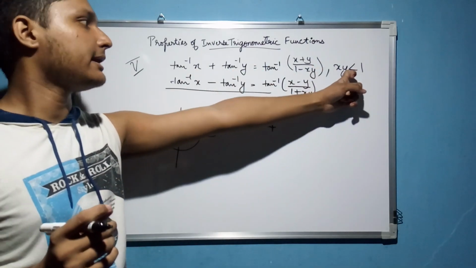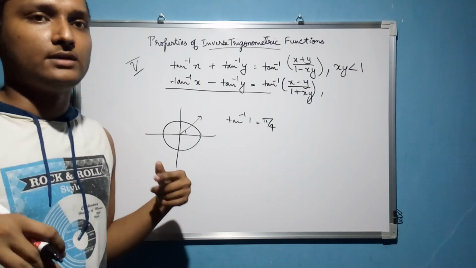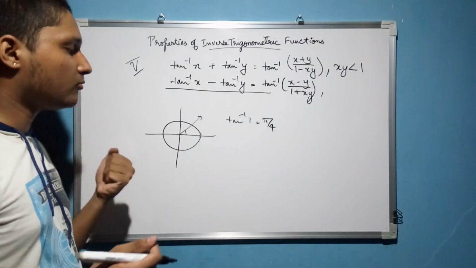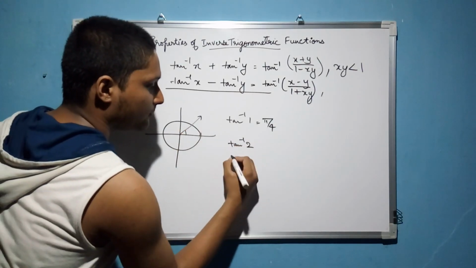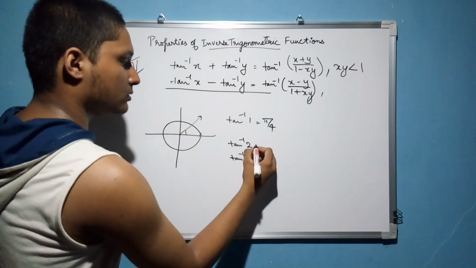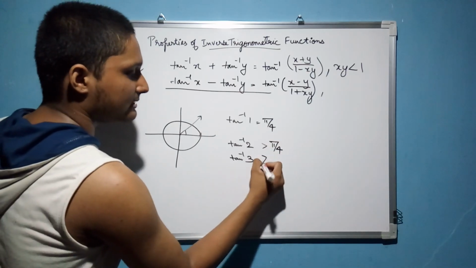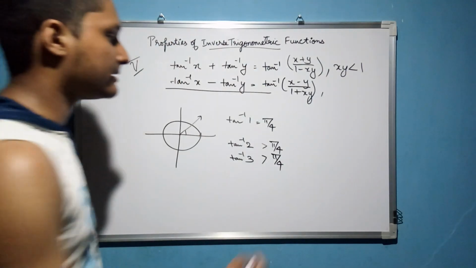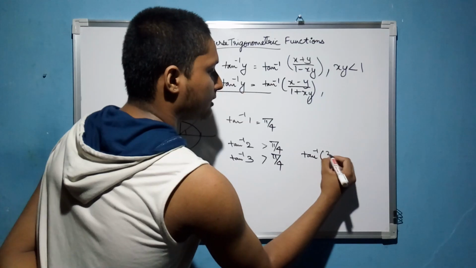So here you are given xy is less than 1. What will happen if xy is greater than 1? If xy is greater than 1, what are you going to get? Say, let me have tan inverse 2 and tan inverse 3. This is greater than tan inverse 1, or greater than pi by 4, and this is also greater than pi by 4. Okay, if I substitute this here, it is going to be tan inverse of (2 plus 3)